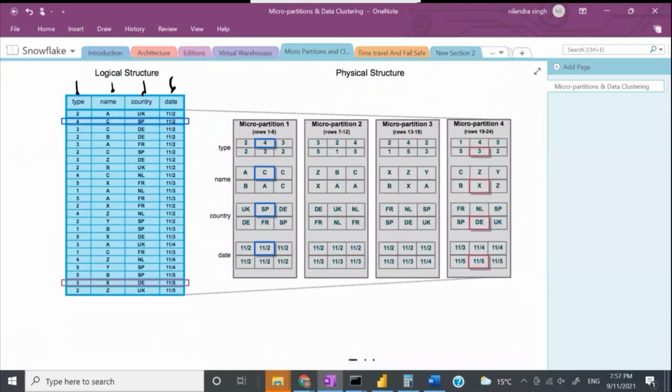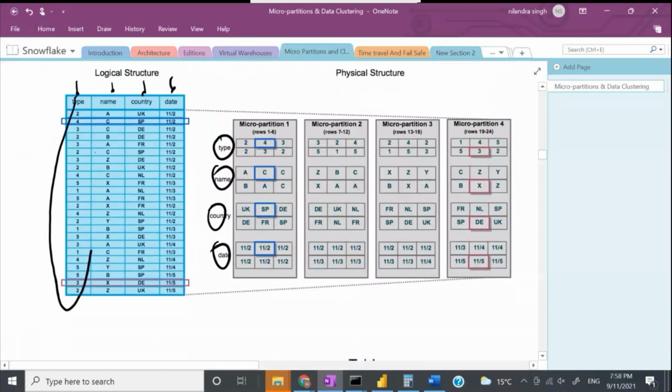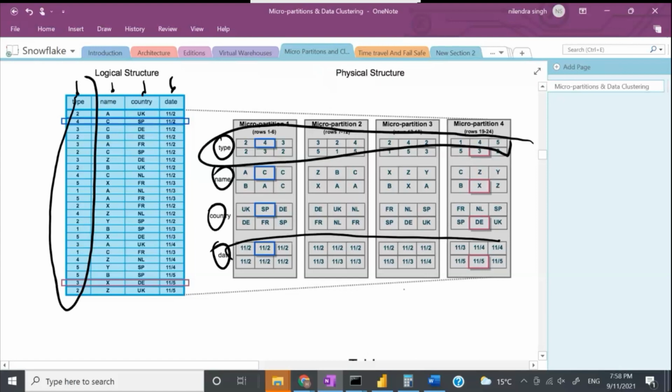So what Snowflake says, Snowflake will store each column together, right? It is not row-oriented, so it's column-oriented. So it will store this type column here, right? This is the type column, right? And this is the date column. So it will store the columns together in a more compressed way, right? This is column oriented. But what I want to cover here is that Snowflake will be storing data into micro partitions,